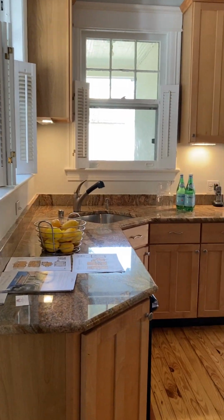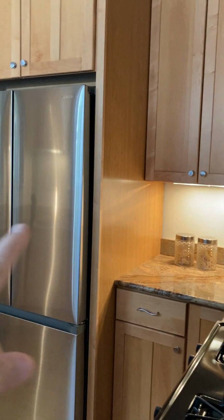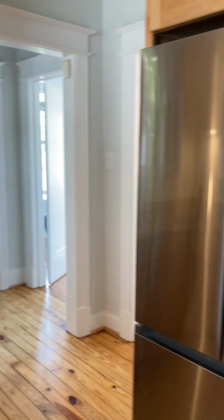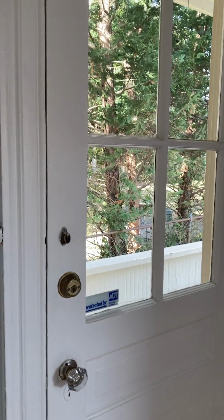That's the basement door. So there are ways to enlarge this. And if you wanted to remove this wall between this and the dining room and make a less formal dining room, that might be something. Here's our back door